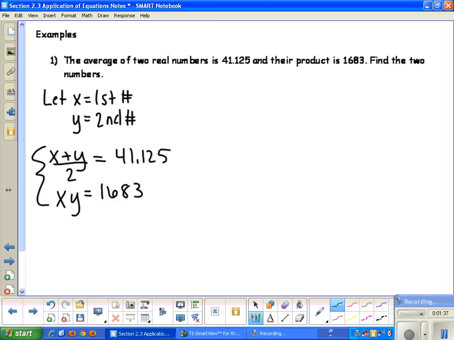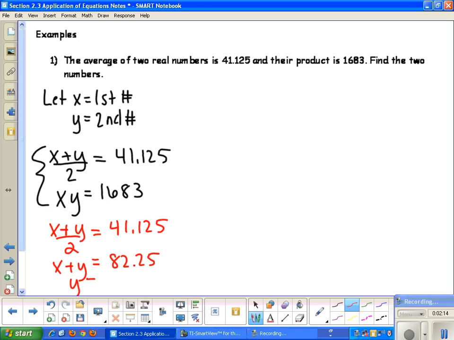We have two variables that we are solving for, so usually you're going to want to do some kind of substitution: solve one of the equations for one of the variables, it doesn't matter which, and then substitute it into the second equation. I'm going to solve the first equation for y. So I have x plus y over 2 equals 41.125. Multiply both sides by 2 and you get x plus y is equal to 82.25. You could solve for x, it doesn't really matter. So subtract the x and you get